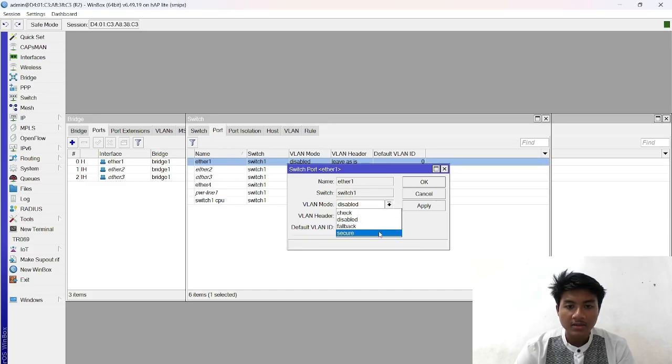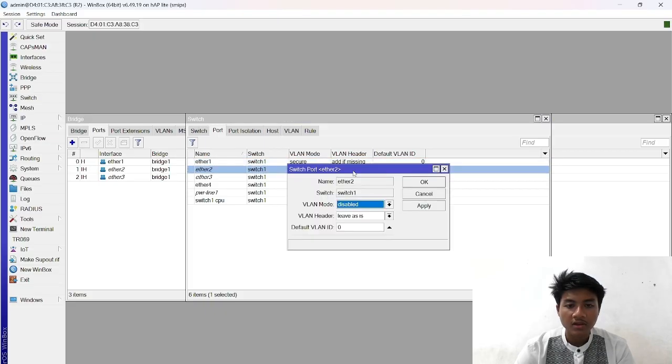This time I set in the port menu on Ether 1. I set VLAN mode to secure and VLAN header to add if missing, and leave the default VLAN as it is.